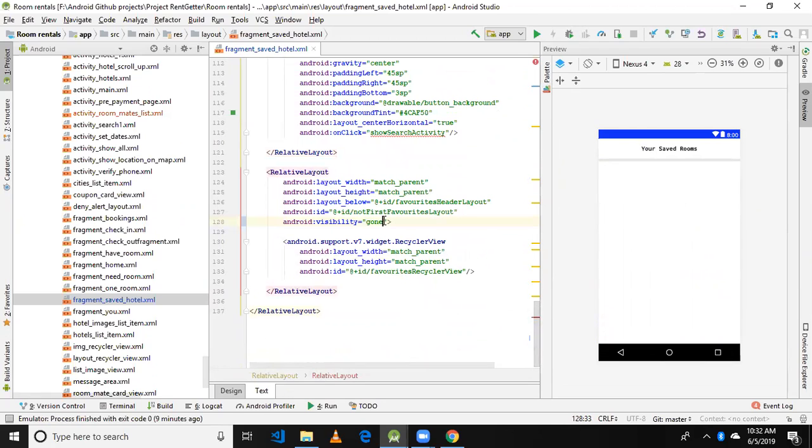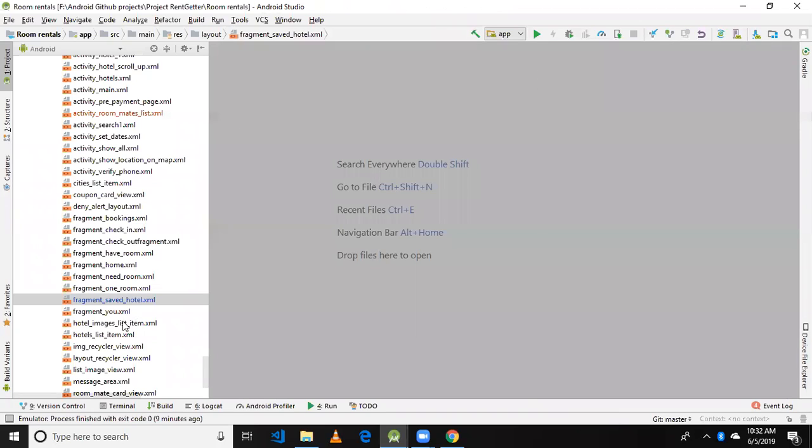Then I want to show them the list of rooms they have saved. I have to show that in the form of a recycler view, right? Because if you have a group of items and you want to show them in the form of a list, then here we're going to use a recycler view. So I kept a recycler view inside. And item 0, item 1, item 2, and so on. However many items there are, that many items will show. And after saved hotel, I'm going to use,